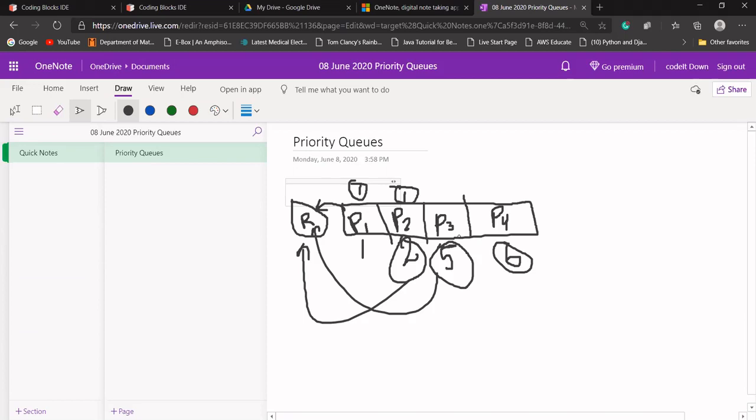So after P2 and P3, what is going to execute first? Let's say P1 is also there. P1 came at 1 second, and let's say P2 came at the third second. So at the third second, P2 and P3 are already executed. So at the third second, we have P4 and P1 in the queue. P4 has the highest priority, although it came after P1. So we are not going to allocate the resource to P1. We are going to allocate this resource to P4 because P4 has the highest priority.